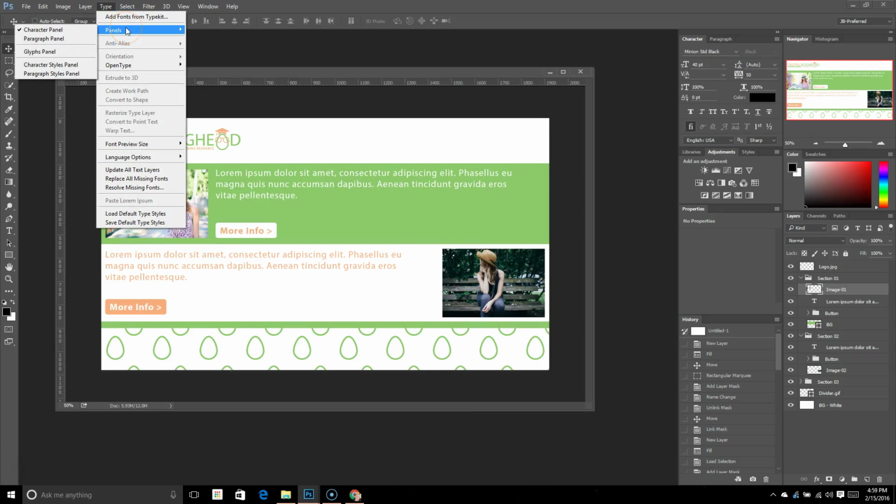And then we've got the different panels that you could want to use or see. You've got making your type anti-alias, orientation and OpenType options. You can extrude a word or a letter or whatever type you have to 3D, which has a lot of different options in itself. You can create a work path for your type, convert your type to a shape,